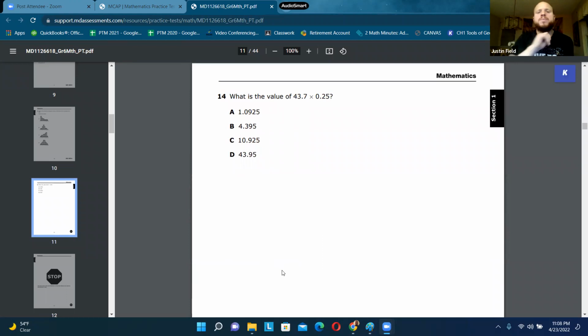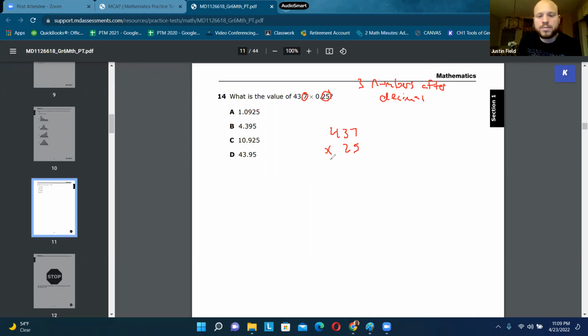And the last one, we are multiplying decimals. Do you know how to multiply decimals? What we do is we count the numbers after the decimal. So there's three numbers after decimals. So we're going to forget about the decimals. When we get our answer, we're going to put a decimal point three spaces into the number. But first, I'm just going to forget there was even any decimals, and I'm going to do the problem 437